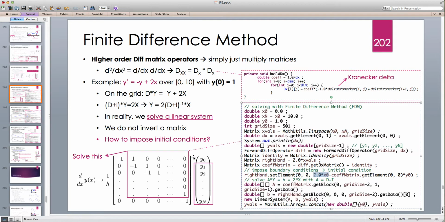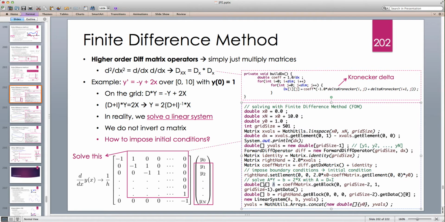But now I need to take this coefficient matrix, take the 0 0 element, multiply it by y0 and bring it to the right side. So I have to subtract this coefficient times y0 from 2x0, right? So I'm modifying the right hand side based on the initial condition for y. And now I need to take this chunk of the matrix. So I'm going to solve Ay equals b, and b is 2x with the corrected value for the initial condition,